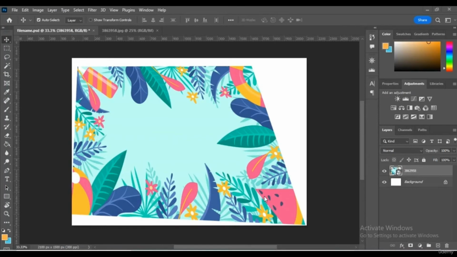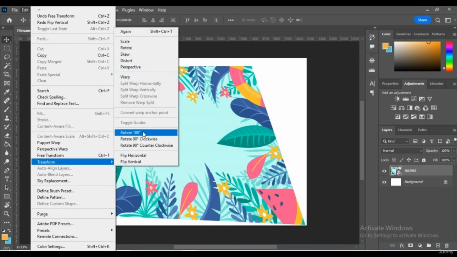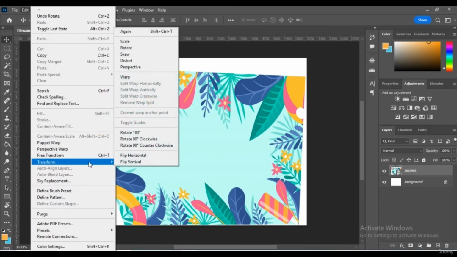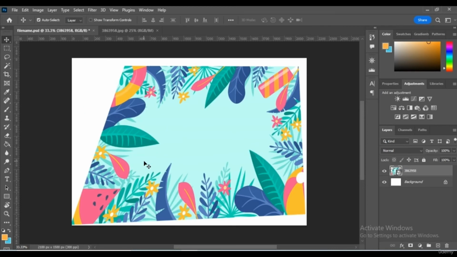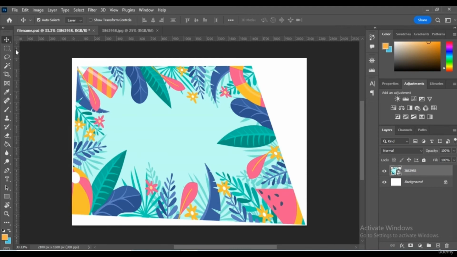Hi and welcome back to the further discussion of transform tools in Adobe Photoshop 2022. Firstly, click the move tool and select the object of the canvas that you want to transform. Click edit, transform. You can rotate 180 degrees like this, or you can flip vertically by clicking edit, transform, and flip vertical. You can flip horizontal as well and